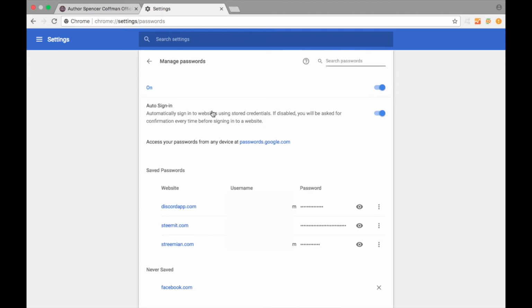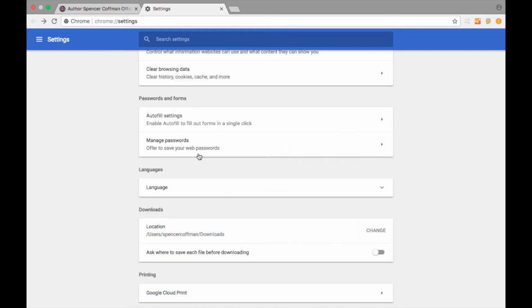And then you can turn this automatically signed in. If you want that disabled, it will still remember your password. Then you can manually hit the sign in button and it'll log you in. I have it so it's automatically signed in when I go to the website. Again, if you want to be completely anonymous, you'll turn all that off. But there are a couple sites I want it to remember, so I'm going to keep that on.